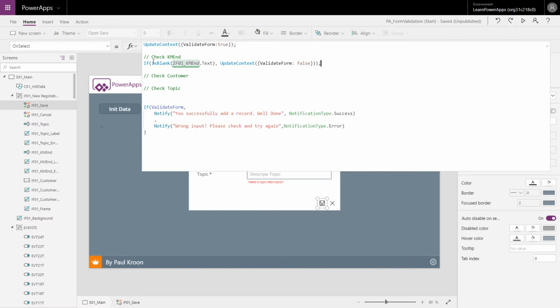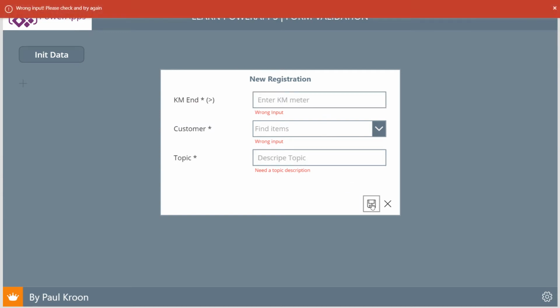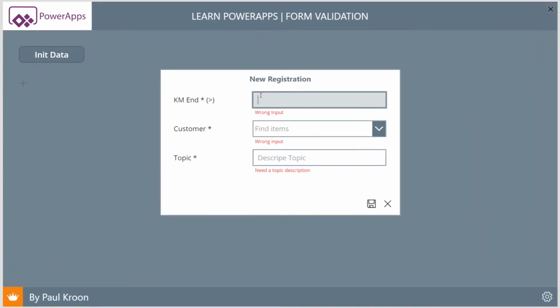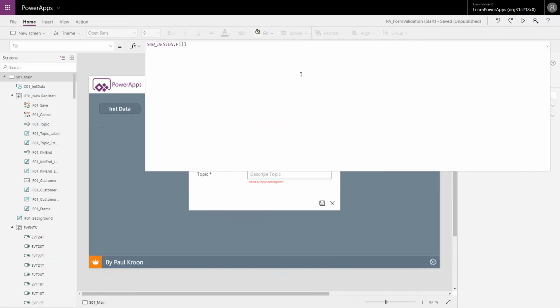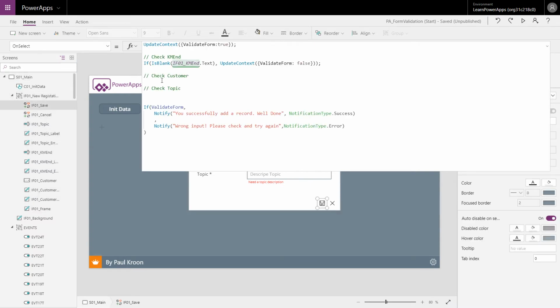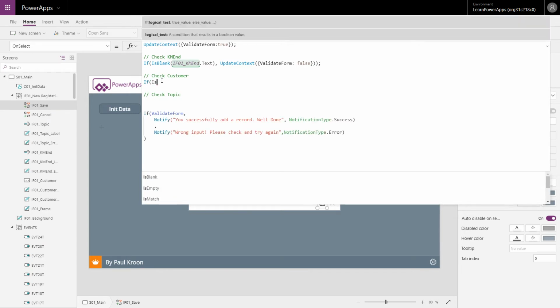So let's see if this works. So when we go there and we leave it blank and we try to enter it, it's saying wrong input. But when we put something in it and we try it again, we get a successful edit record. So that's great. Let's do the same for the other controls. Here we're going to do exactly the same, is blank, and we